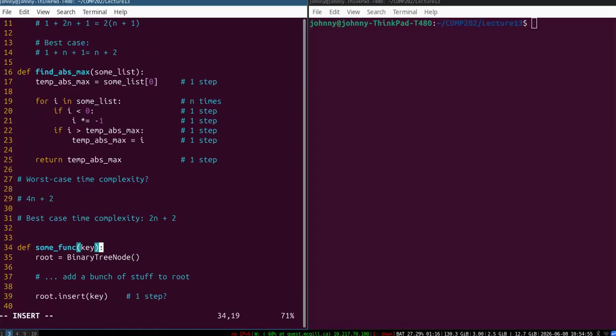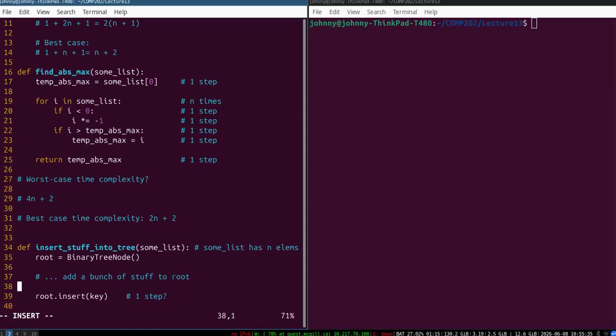Well, it kind of depends, right? Maybe we could call this insert stuff into tree, right? Maybe this is what my function does. And then you give me some list of elements, so some list has n elements. So should this just be one step here? If I want to insert some key that I look at a little bit earlier in the code? Not exactly, right? Because if you remember from what we saw last time,